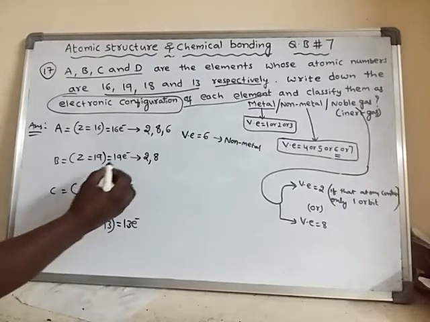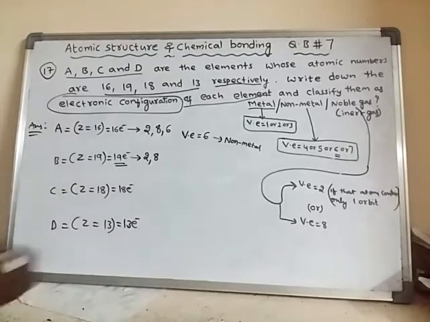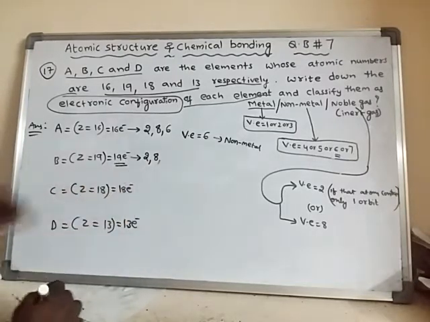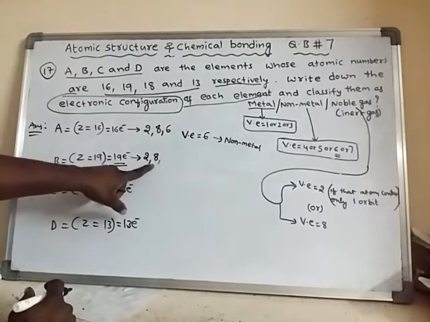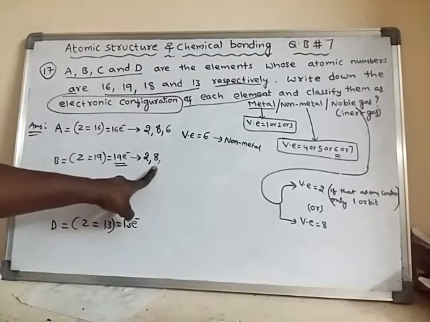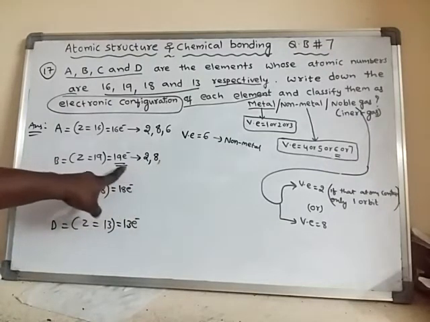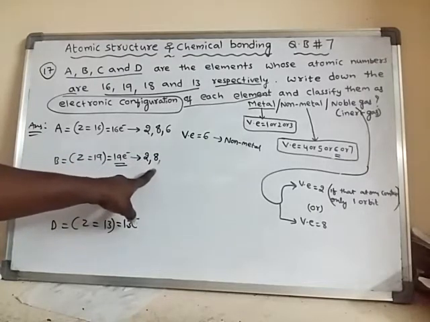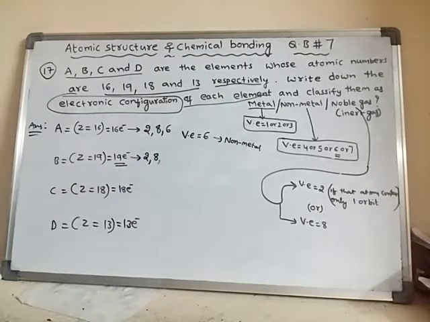Out of 19 electrons, we have filled 10 electrons in the first two orbits. Now how many are left over? 9 electrons are left over, because already 10 electrons we have filled. We cannot write the 9 electrons directly in the third orbit. The maximum capacity of the third orbit is 18 electrons.